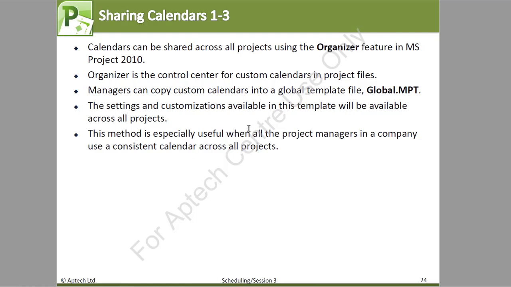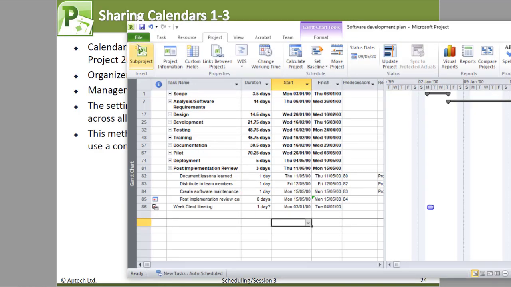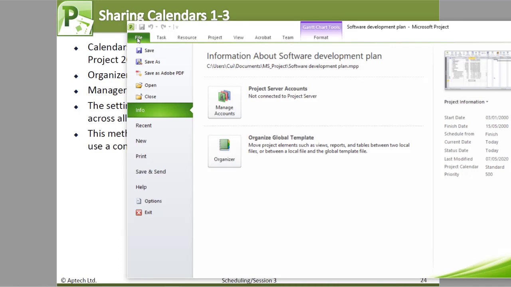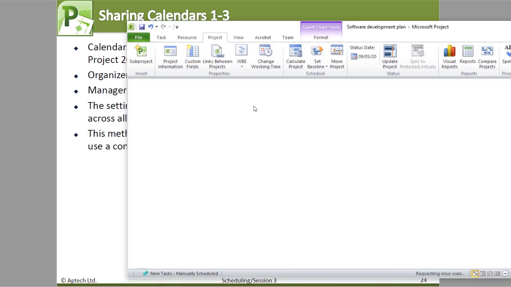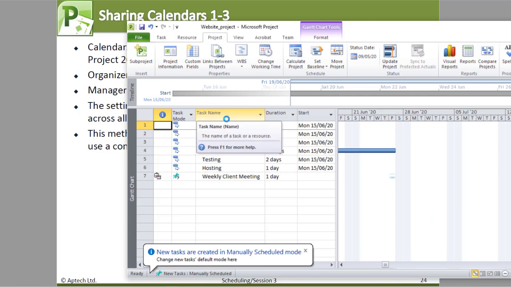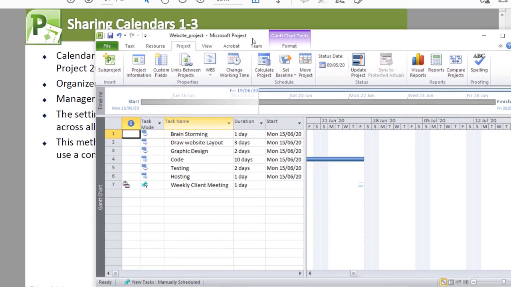Let's say we want to share that one for the SSU. I'll open another file, maybe the one we were working on for the website, recent. Then come here and click on this one, the website project. I want to share that calendar across everything. We switch back,